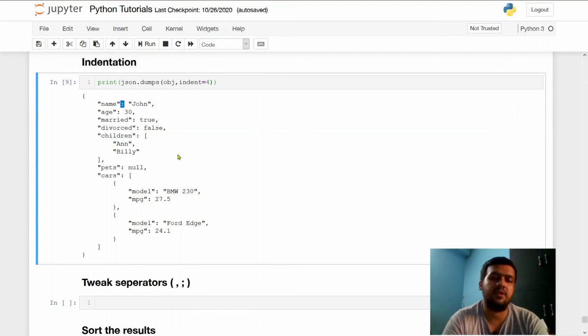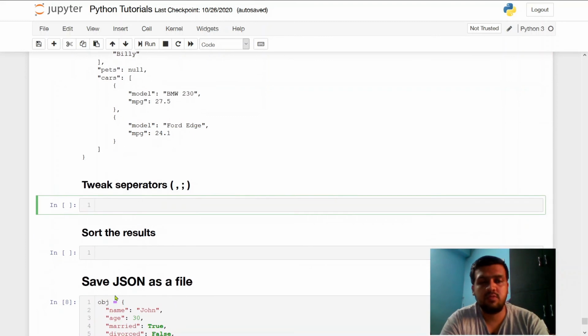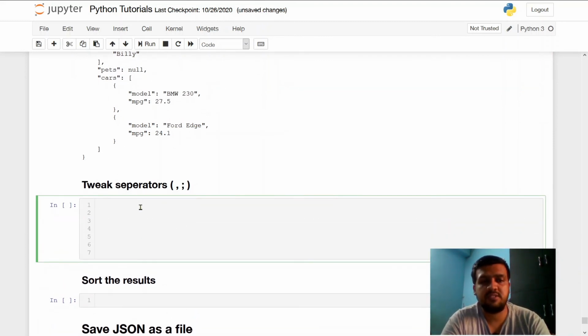So right, this is known as separators. JSON also gives us the liberty to change these separators in our own way. Let's say you want to change this colon to equals and this comma to dot. So what I am saying is I want to change this particular way of representation in my JSON object. I want to convert this colon to equal